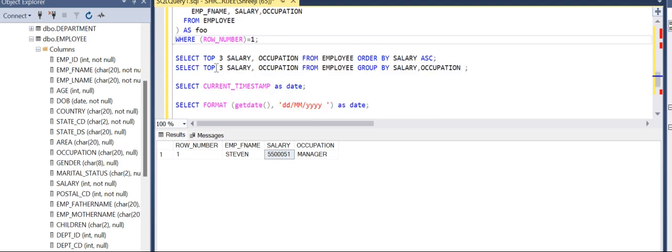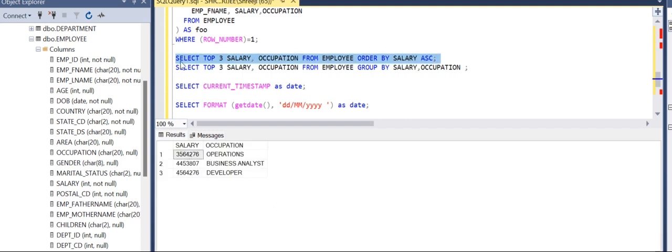Now similarly, you can perform the top clause wherein you can select the top 3 salaries. So here if I say select top 3 salary, occupation from employee, order by salary ascending, it is going to give me the top 3 salaries in the ascending order. Similarly, if you give it as, this is the starting salaries,